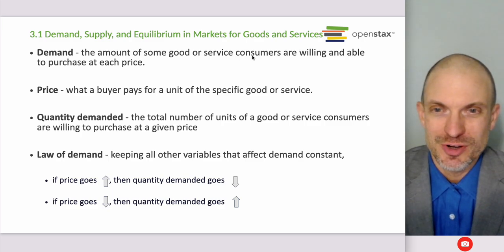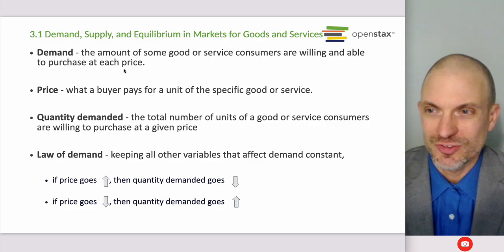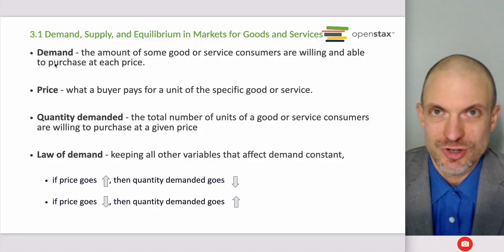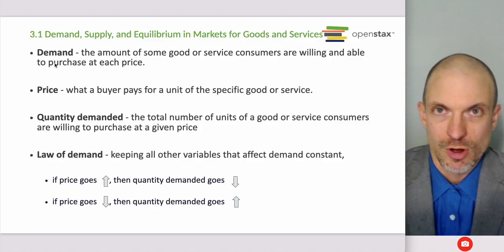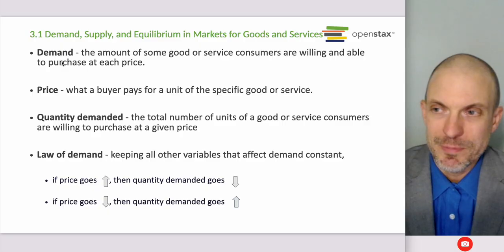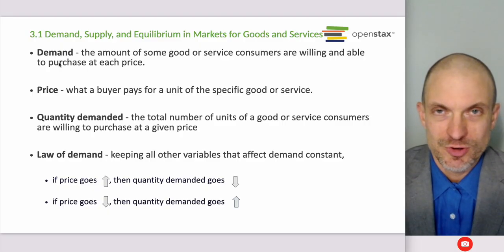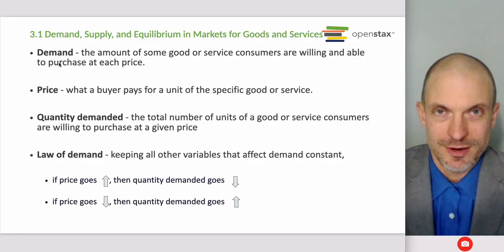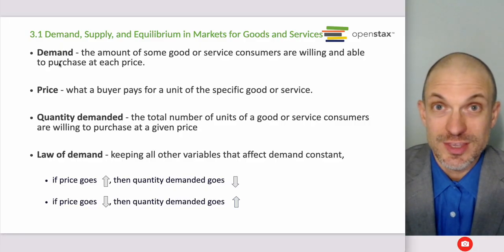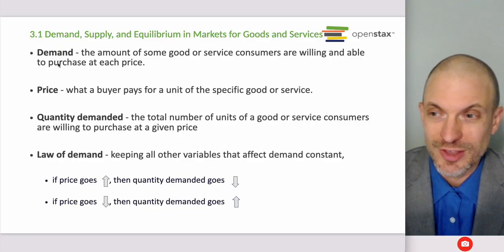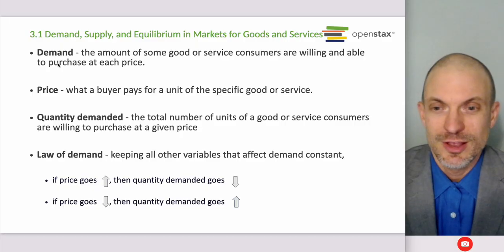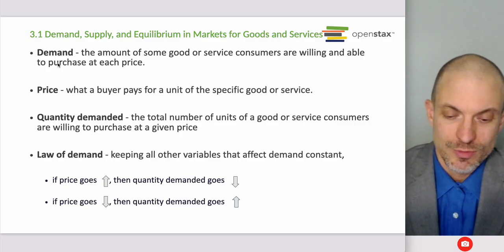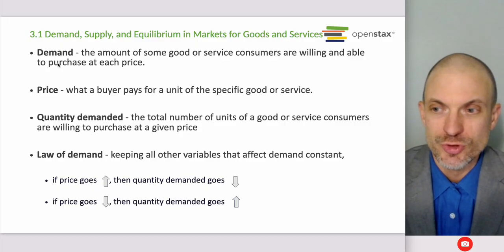Demand is our definition: the amount of some good or service consumers are willing and able to purchase at each price. By demand, you want to think about the entire relationship between all prices and all quantities. We can represent demand with an equation, with a table, with a graph. And when we talk about demand, that definition is invoking the entire relationship, the entire set of plans that consumers have, such that if we give them a price, with their demand relationship,